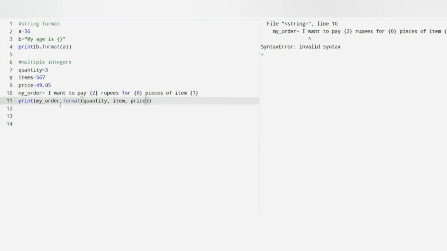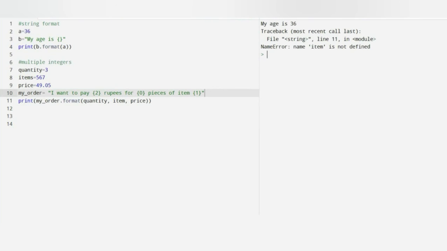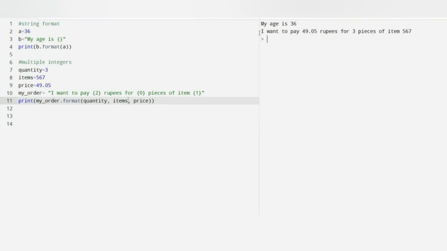Okay, the output will be an error. Oh, oops, sorry, I can't make it a string. Oh, it's a little mistake. I named a variable items at first, but in the print statement I only put item. That's my mistake. Okay, I got my output: I want to pay 49 rupees for 3 pieces of item 567. Okay, thank you friends.